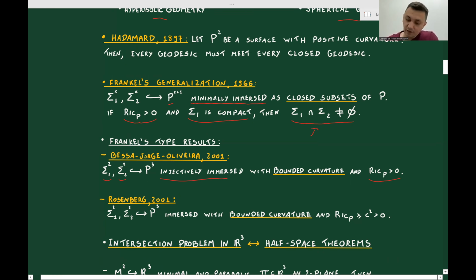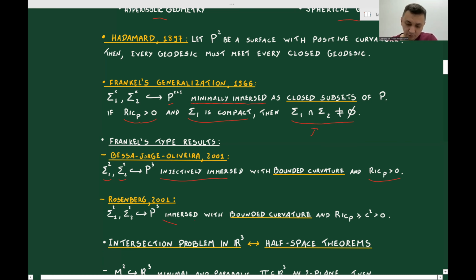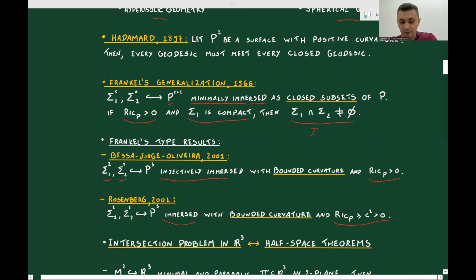Okay, so in this case, the manifold P could be non-compact because the Ricci curvature is just strictly positive. And in Rosenberg's result, he assumed the surfaces are only immersed with bounded curvature, but he assumed that the Ricci curvature is positive and bounded from below by positive constants. So in this case, the manifold P must be compact, but the